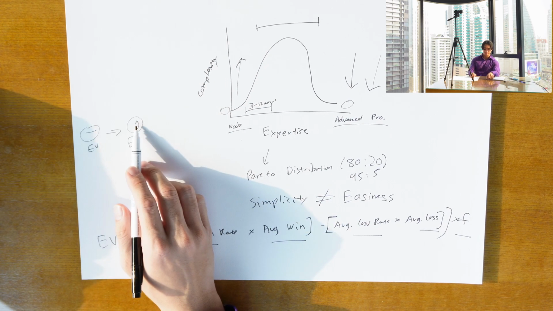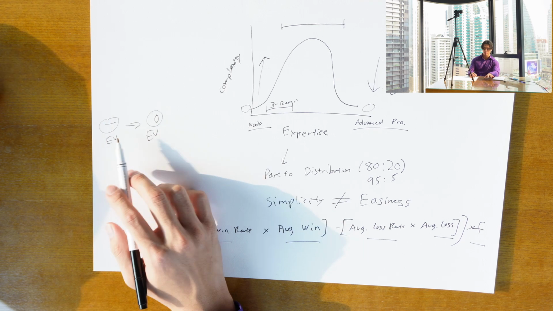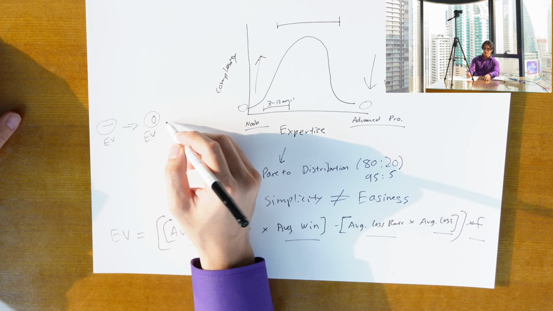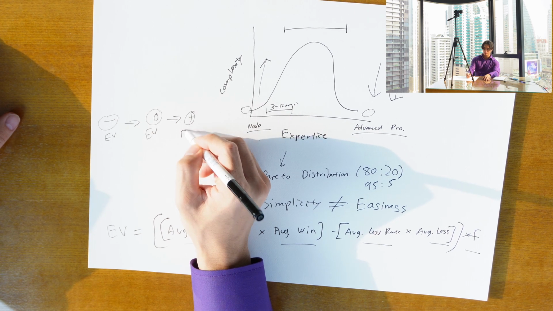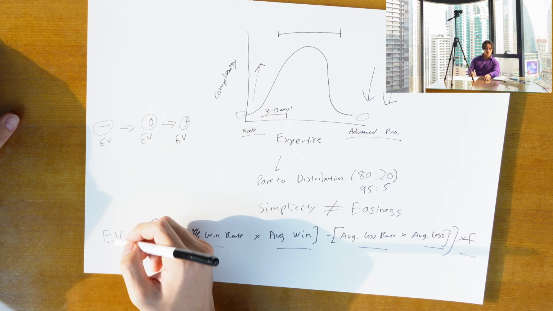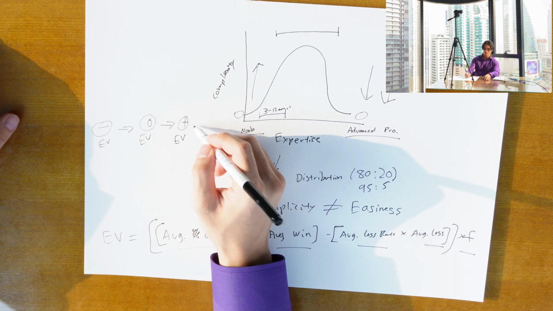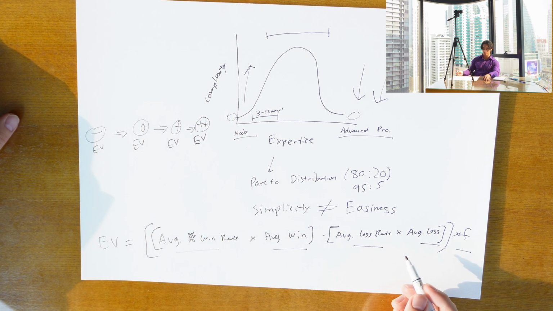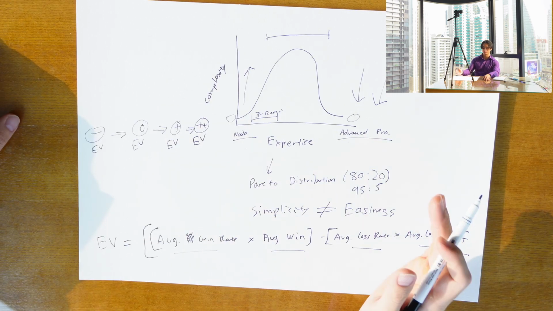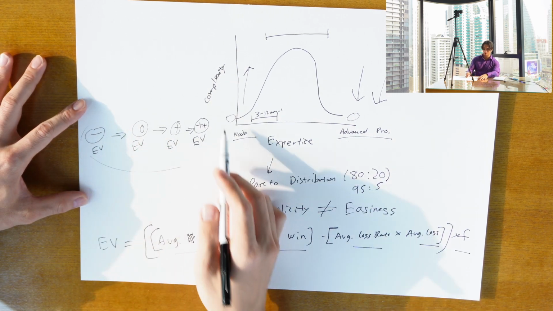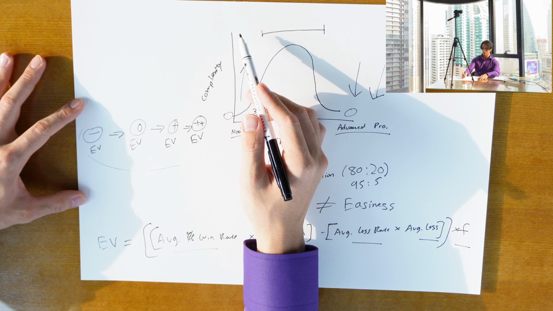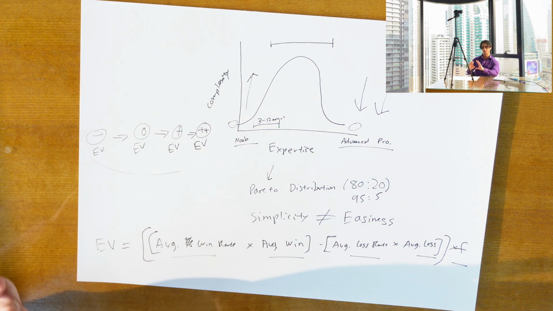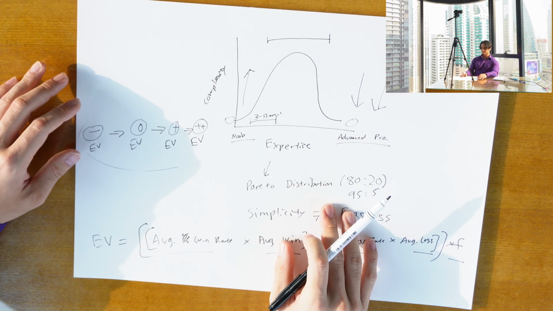Once you stop the bleeding, because everyone bleeds in the beginning, which is the first milestone, then you can worry about getting to a profitable stage. And from there, you optimize this equation in order to maximize your EV, right? And this whole journey corresponds to this simplicity to complex to simple kind of progression, right?